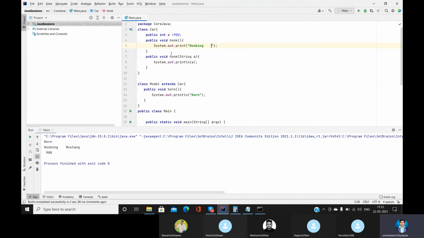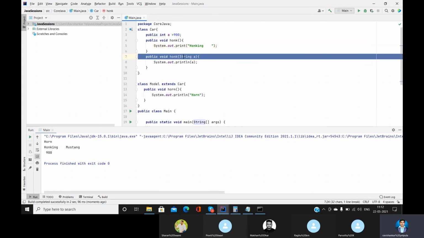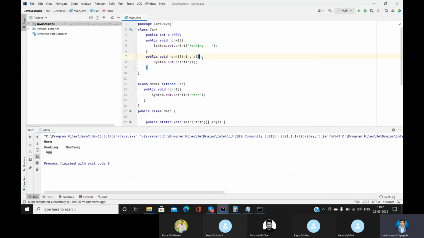Okay guys, we can see we have the honk method in both places, but the parameters are different. So the JVM differentiates these two methods based on the parameters. This is called method overloading.